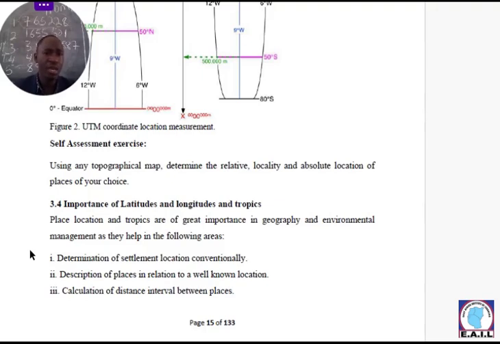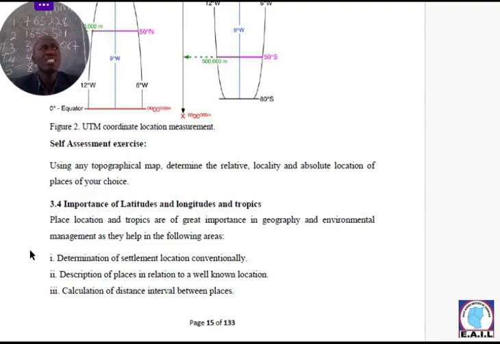When it comes to areas with sparse or widely spread contours, when they are not all that compact, it clearly shows that that area is